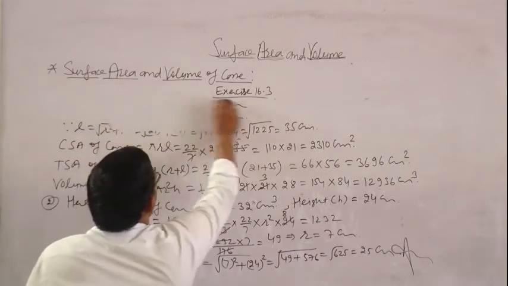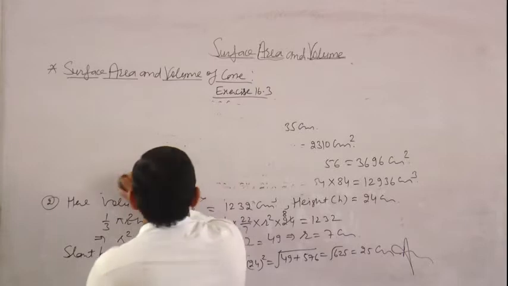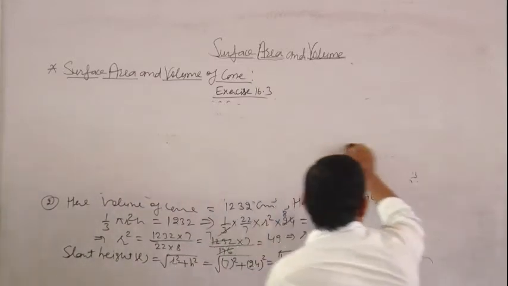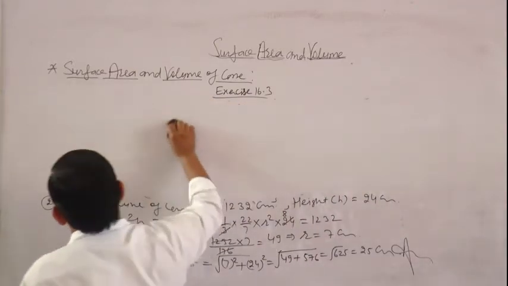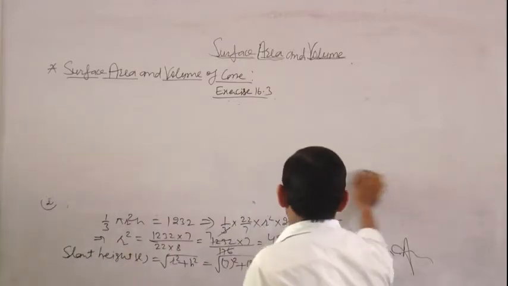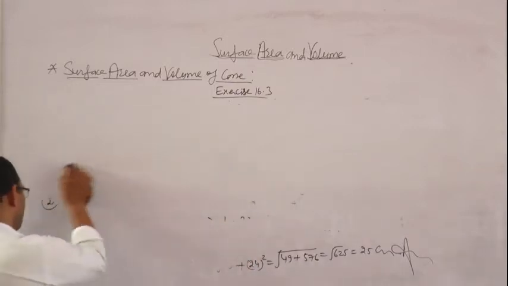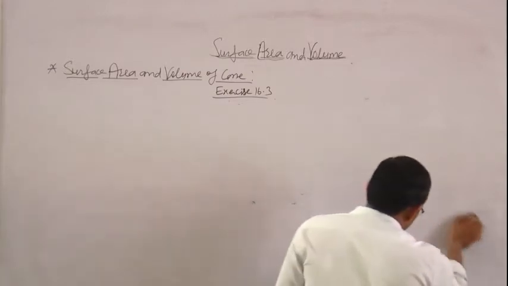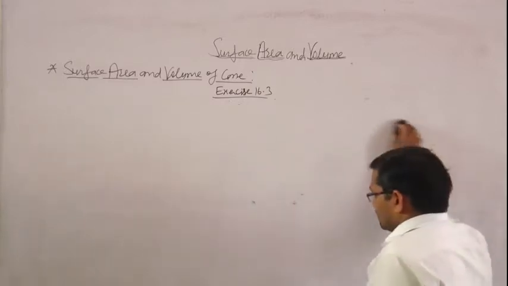So by using this method we solve first and second question. In first question radius and height are given. So first we find slant height, but in question number 2 volume of cone is given and height of cone is given. So by using volume of cone, first we find radius, and with the